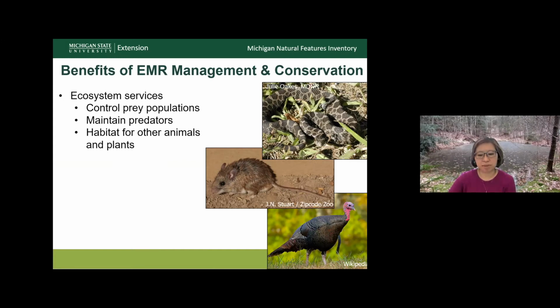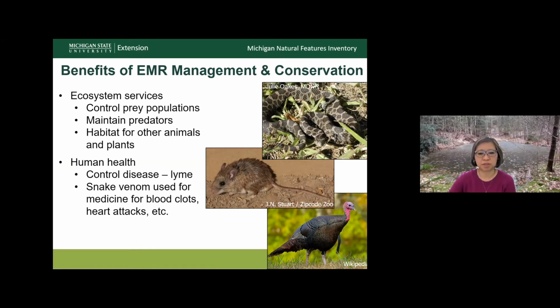And when we protect habitat for Massasaugas, especially because they use both wetlands and uplands, we're providing habitat for a number of different animal and plant species. You've heard about the human health aspects in terms of controlling disease. One thing I wanted to mention is that snake venom, not just from Massasaugas but from other rattlesnakes, has been used